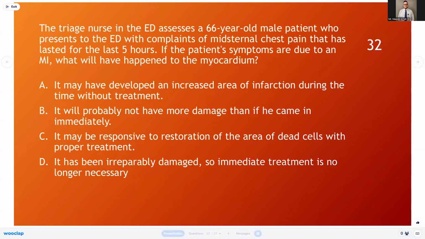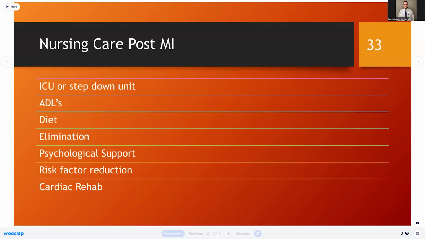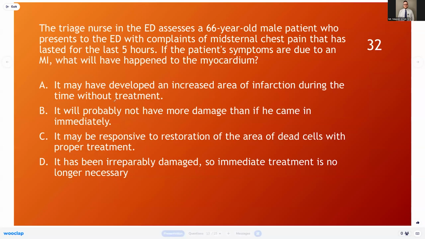If the patient's symptoms are due to an MI, what will happen to the myocardium? It's definitely not D. That's a little bit morbid, but oh, sorry. But yeah, it's going to be the first one here, basically. It's going to develop increased infarction. This person, because they waited 5 hours since the pain started, there's much more